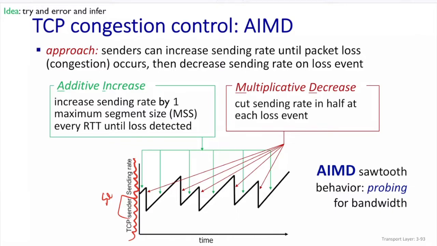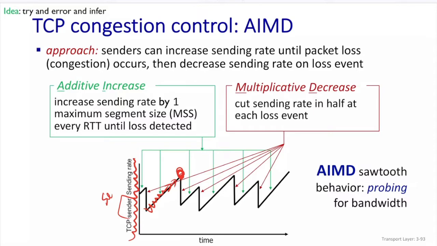And we incrementally increase the sending rate, for example, right here. If the network is still good enough to accept a higher sending rate, then the ACKs will go back to the sender, right? But at a certain moment, if the sending rate is too high, the buffer